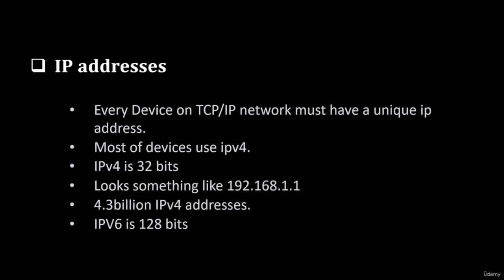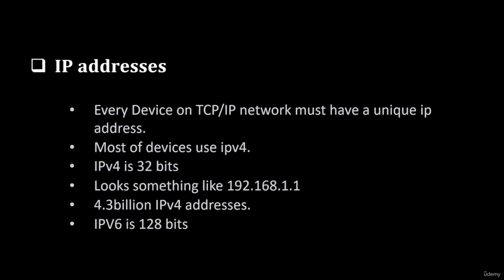Just like your home has a unique address, every device connecting to the internet, whether it is your phone, computer, or smart fridge, gets its own unique IP address. So how can you calculate it? If you want to calculate the number of addresses in IPv4, there's a formula: 2 raised to power n, where n is the number of bits. In IPv4, n is equal to 32, and 2 raised to power 32 is around 4.3 billion.